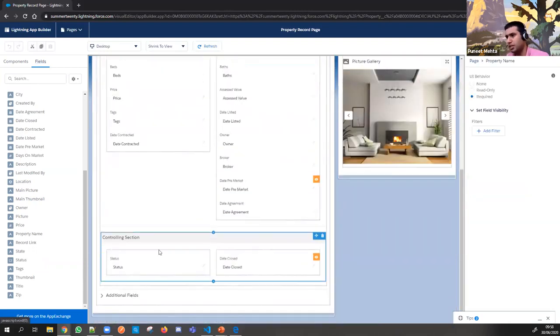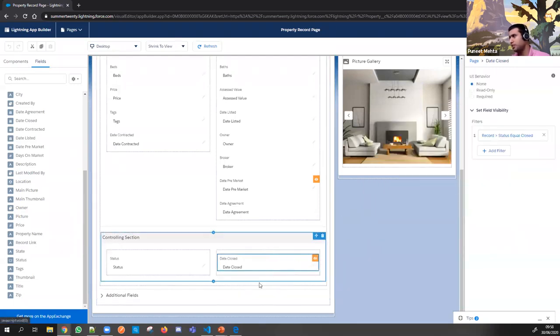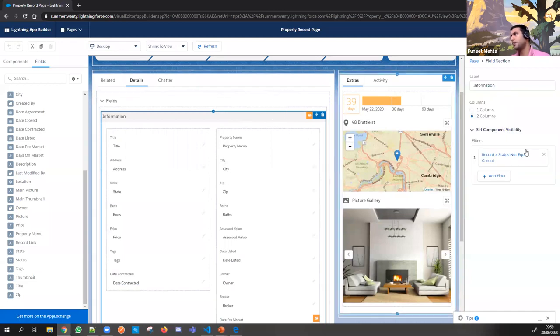So if you want to control the visibility of this section, click on this, and then you say what is the filter for it. Same as the buttons, you can decide the fields. In this example, what I've done is the field date closed would only appear if the status equals closed. It would hide the field otherwise. And this section again would appear if status is not equal to closed. So if I save it,